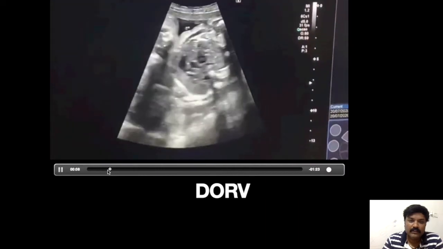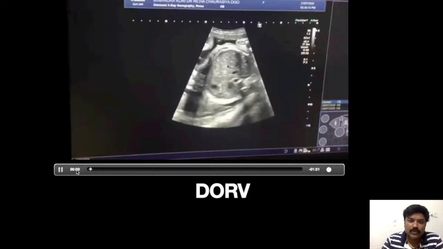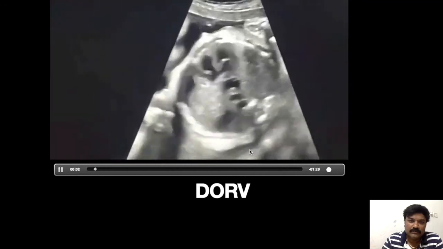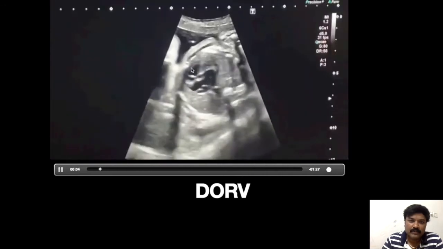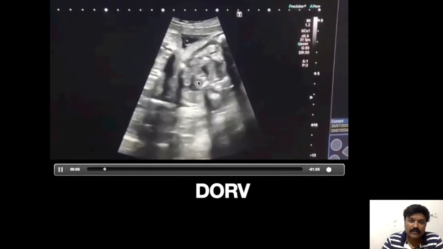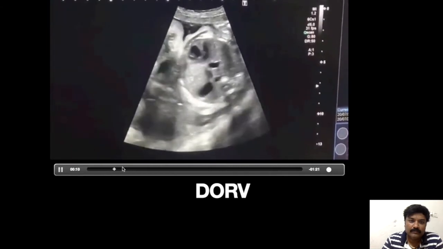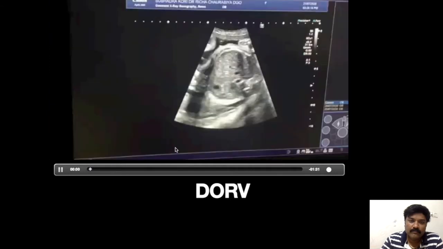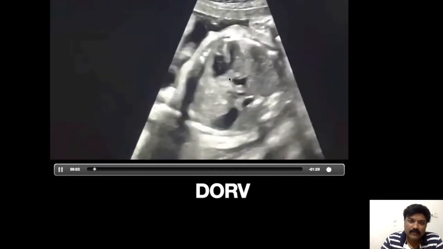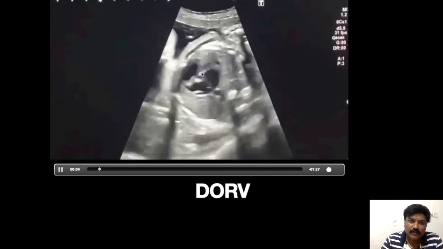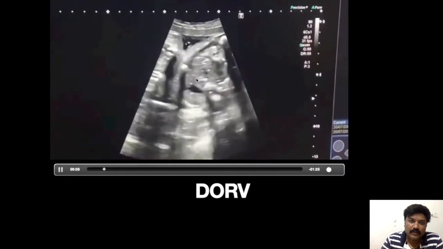And if you see, the right ventricle gives rise to both great arteries. Here a smaller pulmonary artery and this is the larger aorta. Smaller pulmonary artery and aorta.